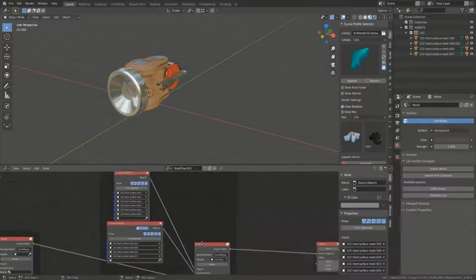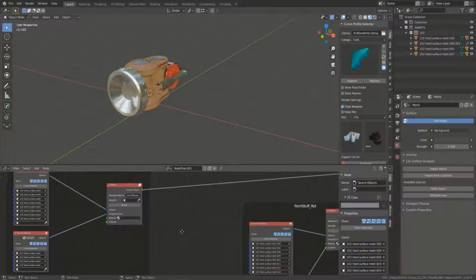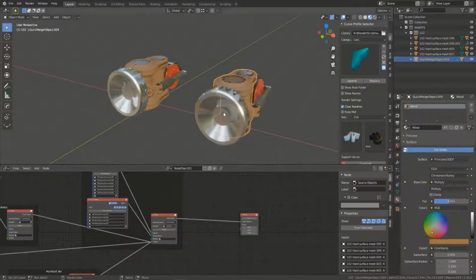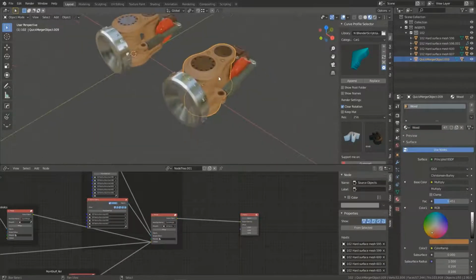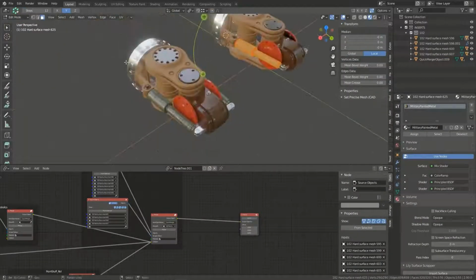The merge node accepts source objects and merge output as inputs. Plugging source objects in the objects socket will merge the objects in the list together. Specifying an object in the merge to field will use that last one as the active object when merging. Plugging source objects in the simple children socket will duplicate these objects without merging them, and parent them to the